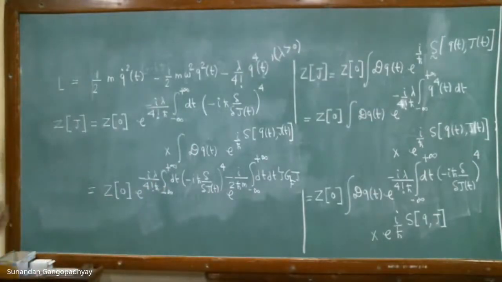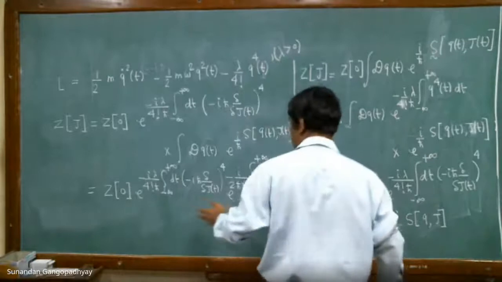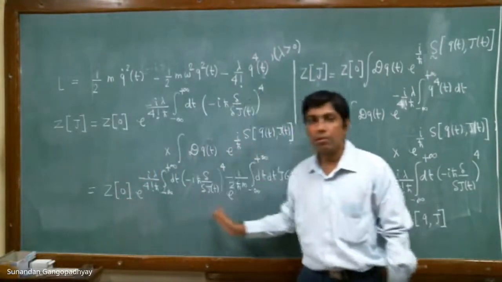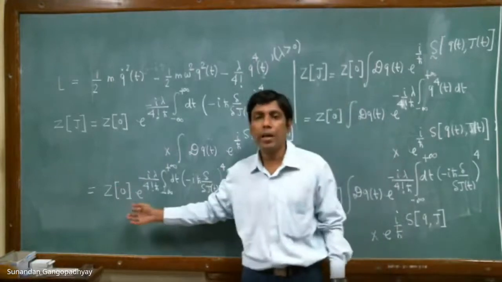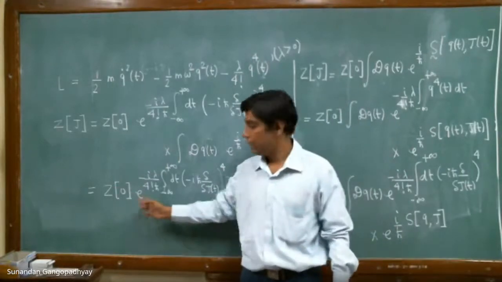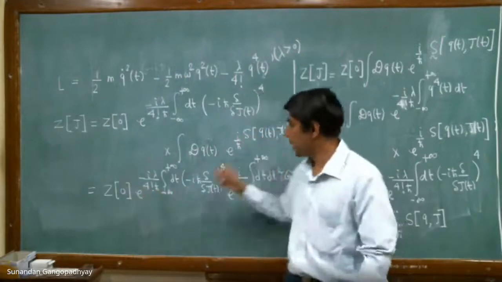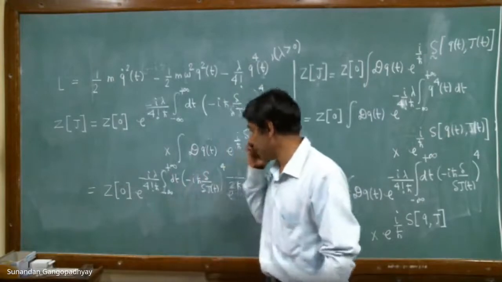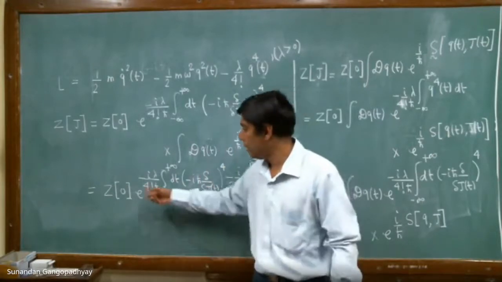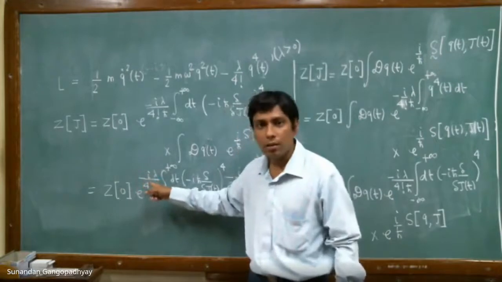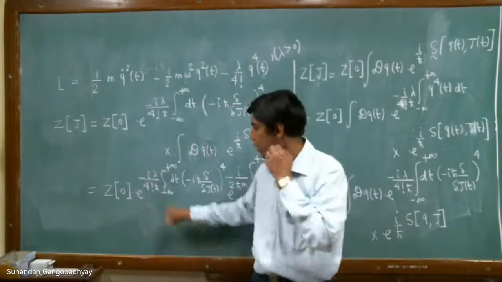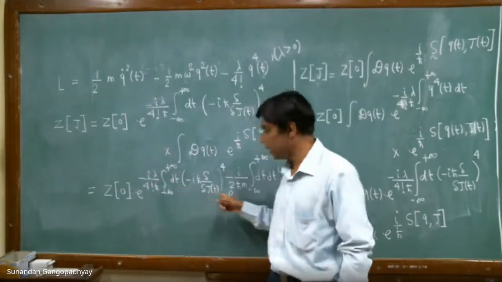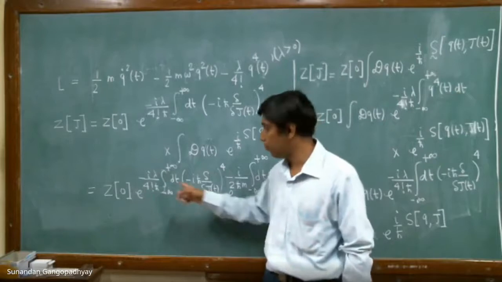But in this course, I shall not do this calculation now. I have given you some hints. You can try at home. You can sit and try to do this calculation at least up to first order in lambda. In first order in lambda, you can see that this will be a very simple thing. The first term will be 1, the first term of the exponential series. The second term will be minus i lambda by 4 factorial h bar integral this, right?